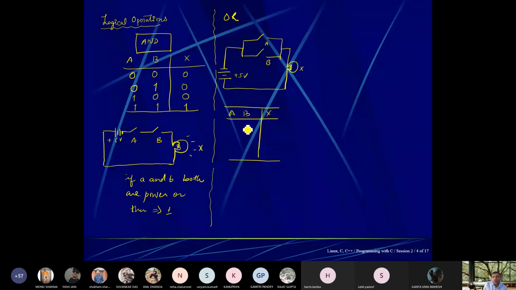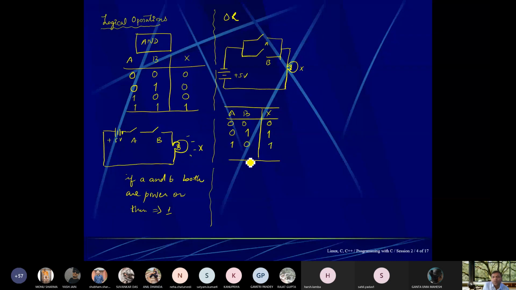Now tell me, if both are powered off, then output is off, zero. If A is off and B is on, then on, one. If A is 1 and B is 0, then on, one.